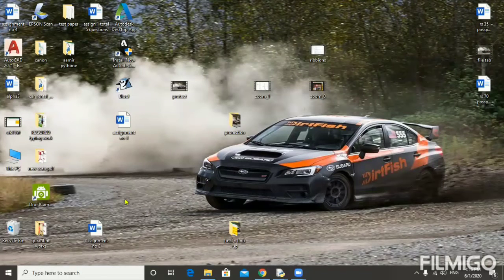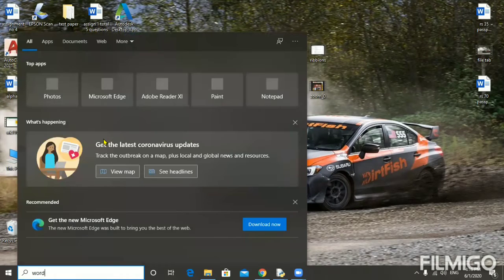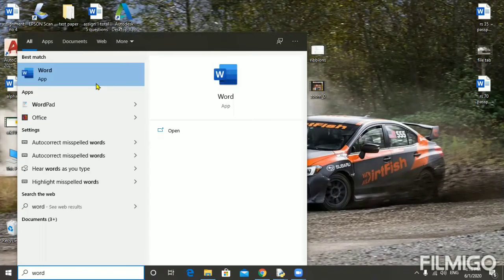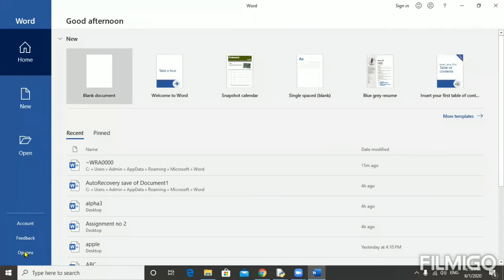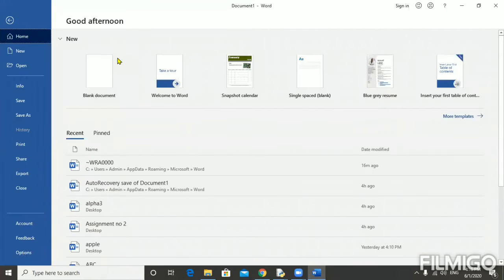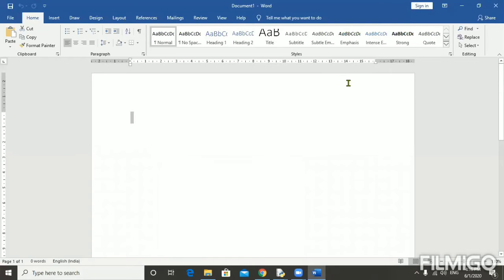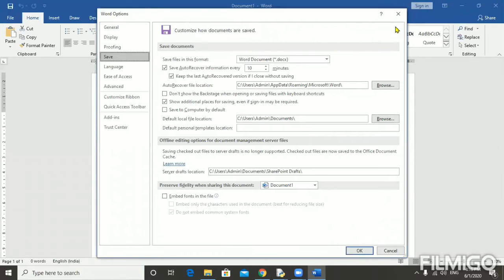So if you go to Word, after going here, you can see there's an option, File. You can go in that. Then here is Options. After going to Options, you have to go to Save, and this is the place where you can find your file. So you can just